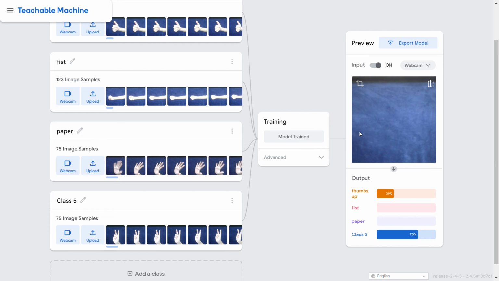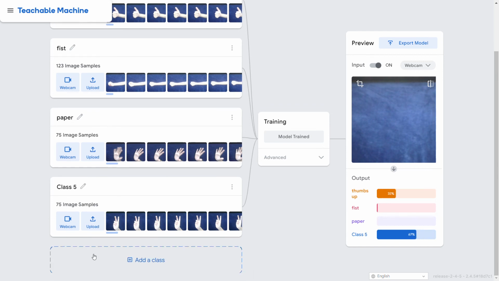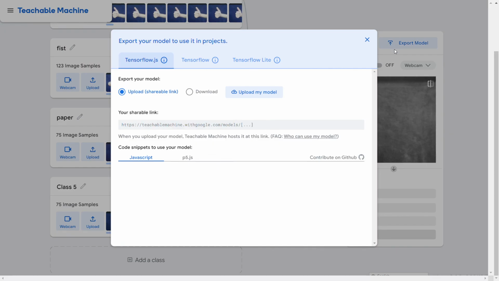Alright, so there's nothing. It'll just flicker around unless you choose your background and make a background class and just say that is that. Yep. So thumbs up first. Fist. Paper. Cheese, which is what we call class 5. See, it's all working. And if you press the export model,